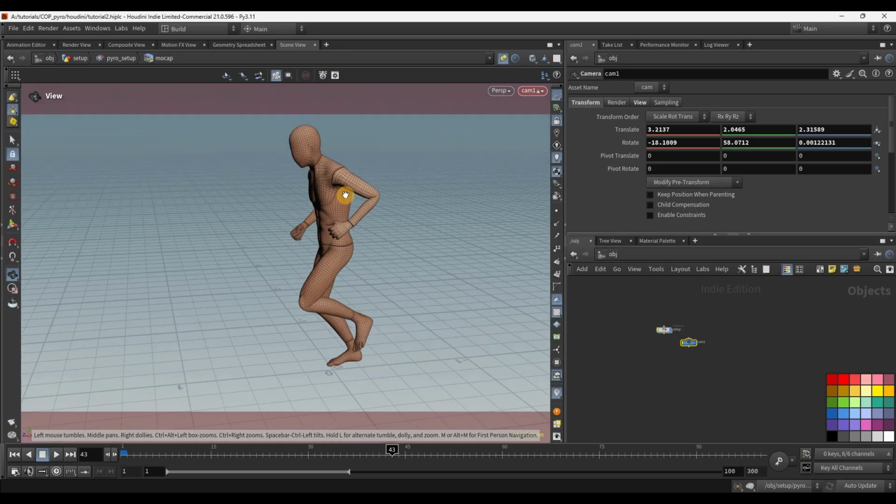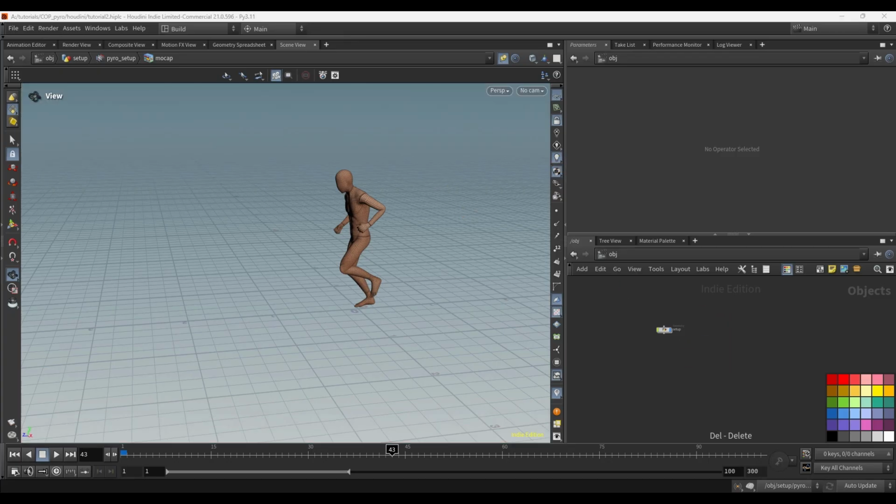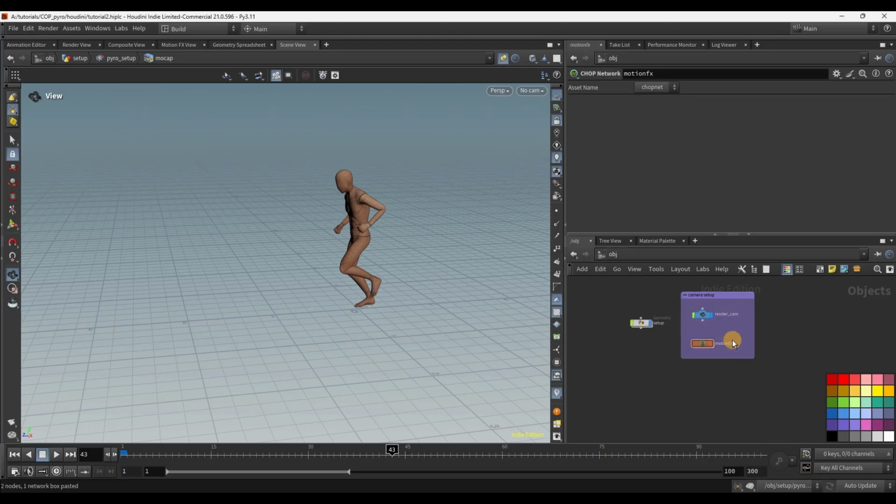So as you move it, it'll update the camera. And you can just find something that looks good, find a camera angle that works for you. Now, I already have a camera, so I'm probably just going to copy my camera setup from my other scene and just paste it in here, because you don't want to see me waste time trying to figure out a